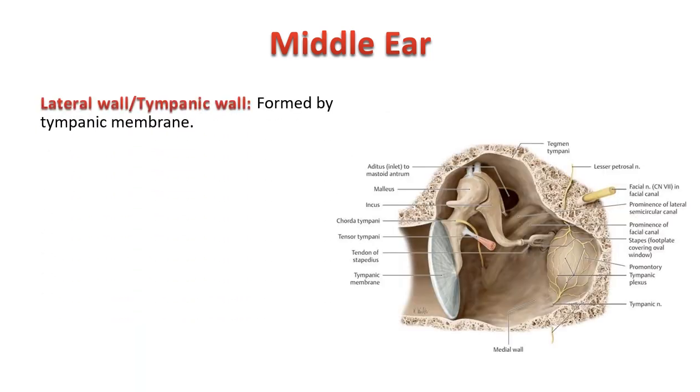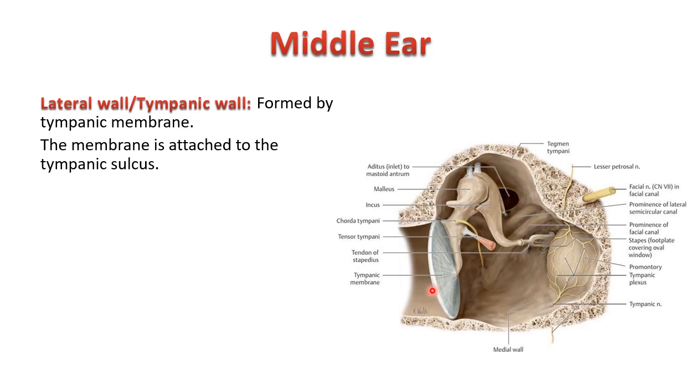The next wall which you are going to see is the lateral wall. So you are able to see the tympanic branch of glossopharyngeal nerve entering through the floor. So the lateral wall is mainly formed by the tympanic membrane. Okay, so the membrane is actually attached to a sulcus on the tympanic plate of temporal bone, which is called